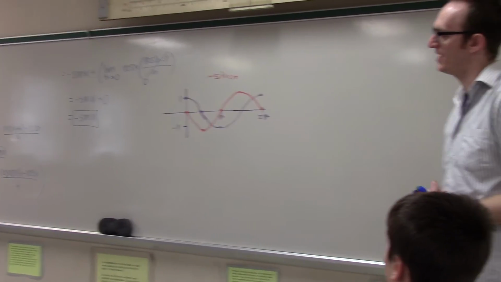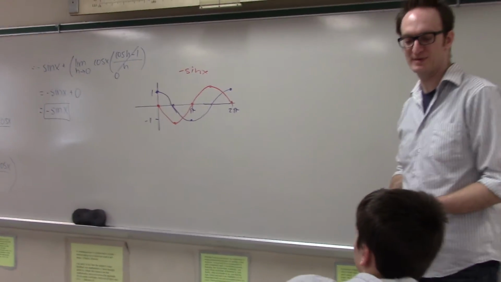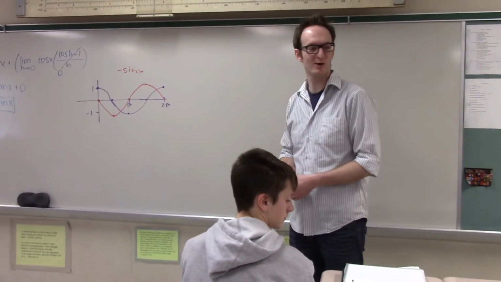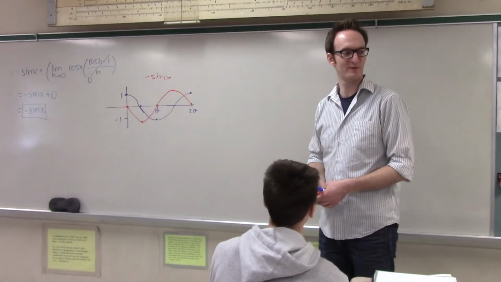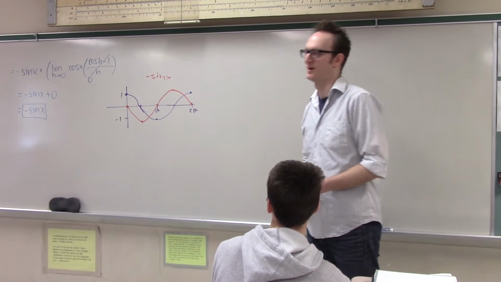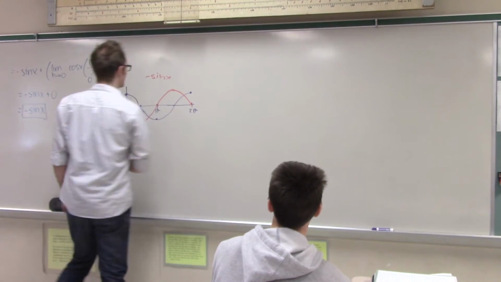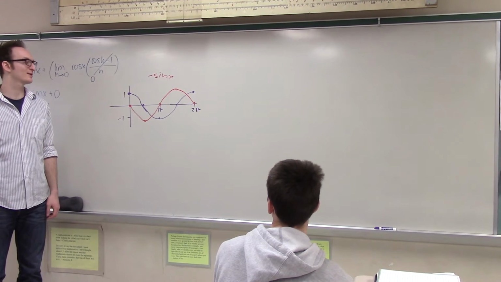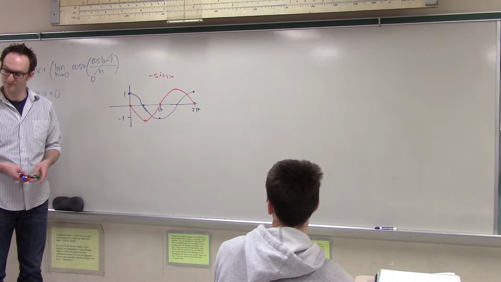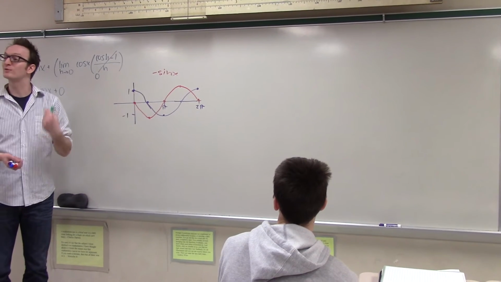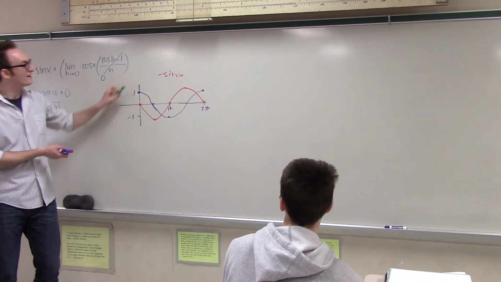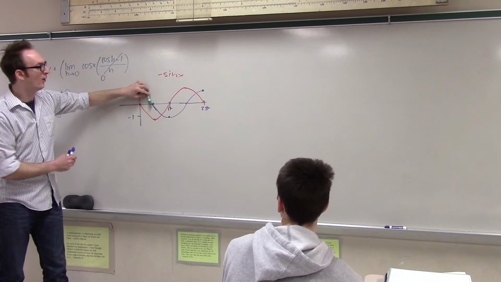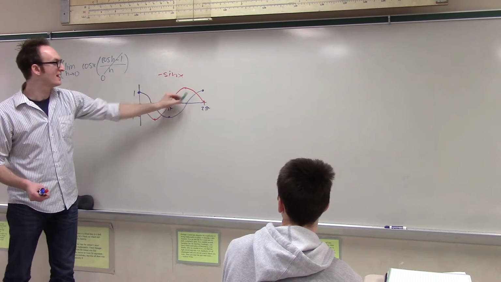Class ended before I had a chance to do my normal melodramatic discussion of this, but use this. It is quite incredible that the derivative of cosine is negative sine. It's easy to just say, oh yeah, ho-hum, another formula. No, not just another formula. This is telling me, because the derivative is the rate at which the function is changing, that if I take this cosine function, at every single point, at any given moment,